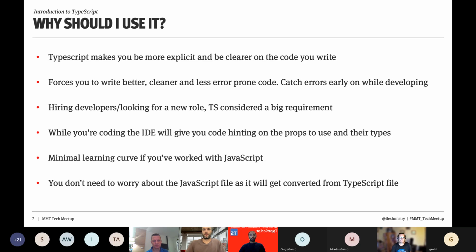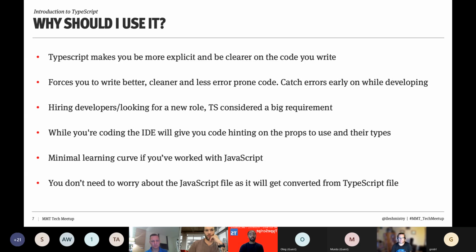It also forces you to be a better coder, so you can write better, cleaner, and less error-prone code, catching errors while developing, normally in the IDE, before you even deploy anything. Another reason is hiring developers: if you're looking for a new role, TypeScript is a big requirement out there as well.